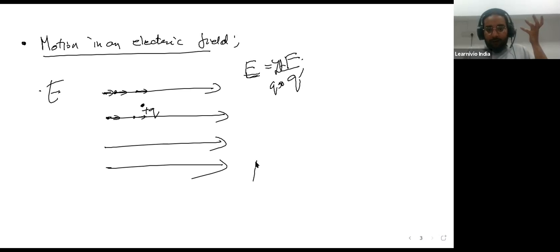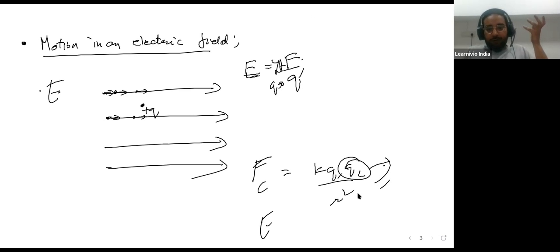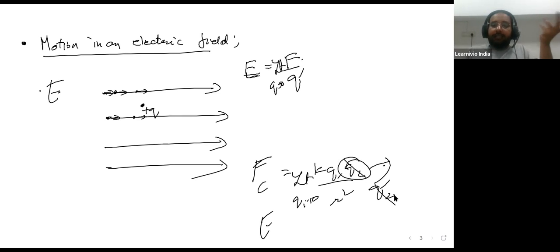So when we talked initially, we talked about Coulomb's force. It was k q1 q2 over r squared, correct? Then we talked about the electric field because of a charge, and what we did was essentially remove Q2. So we were essentially dividing by Q2 and taking the limit Q2 tending to zero. So these two cancel out, and essentially it just becomes this part. This big part becomes the electric field.